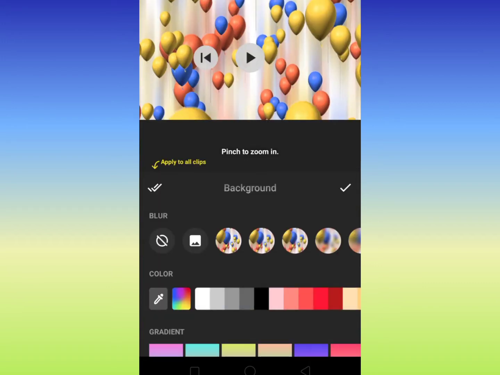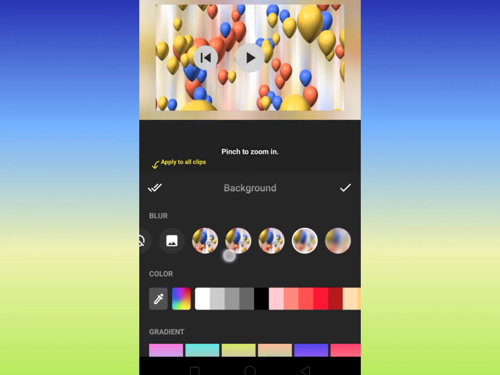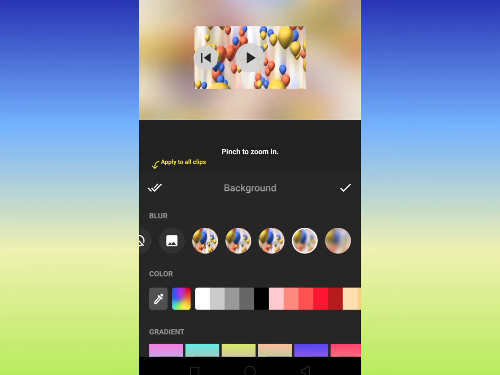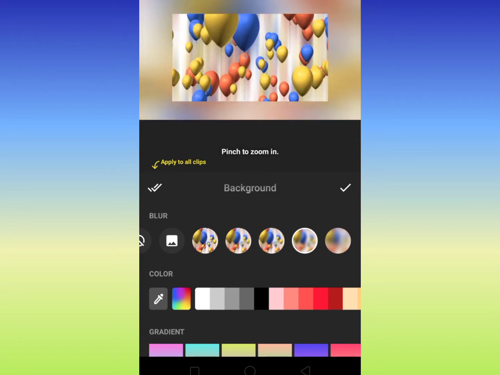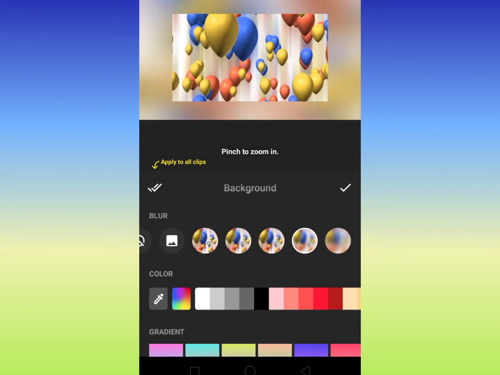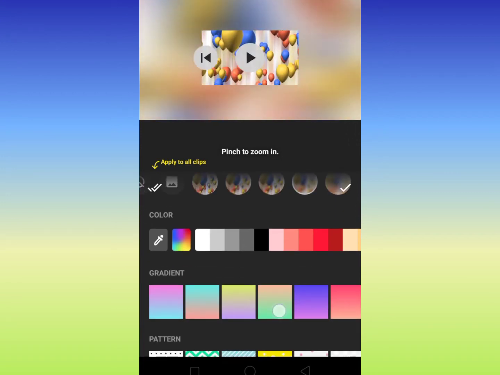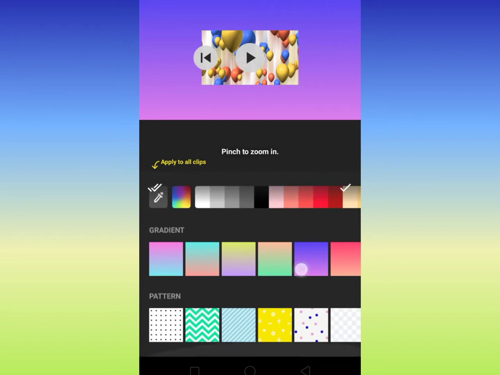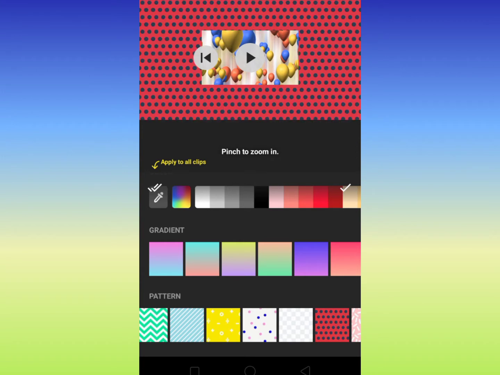So now from this video we'll start with some advanced editing. We are exploring the background options now from my previous video. So let's get started. In this one you can go to the background option and toggle around the various background options which are available, and also over here I am trying to zoom in and zoom out of this frame, and I am trying to see if we can even make this frame shorter with various backgrounds which are available in this InShot application.